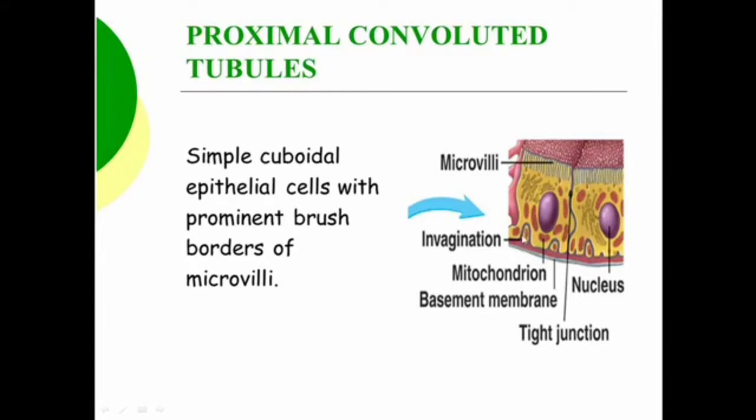Coming to this side, this is the luminal side of this cell, and this luminal surface is covered by these microvilli. These microvilli are also covered by the glycocalyx coat, and together they give rise to the brush border appearance